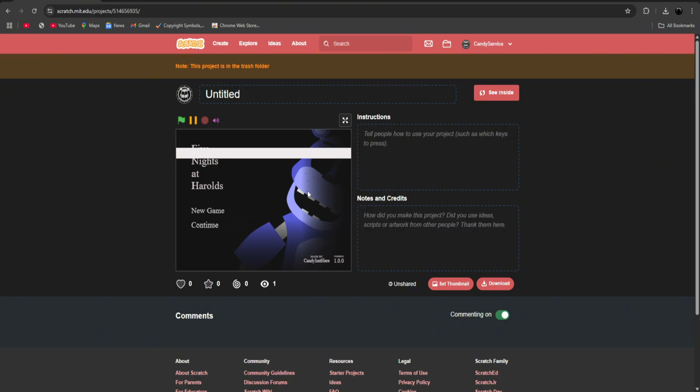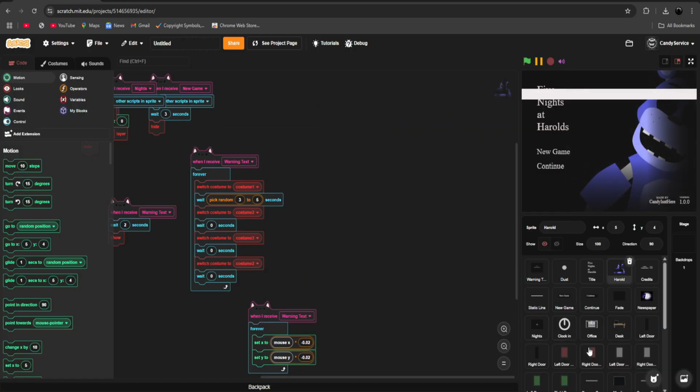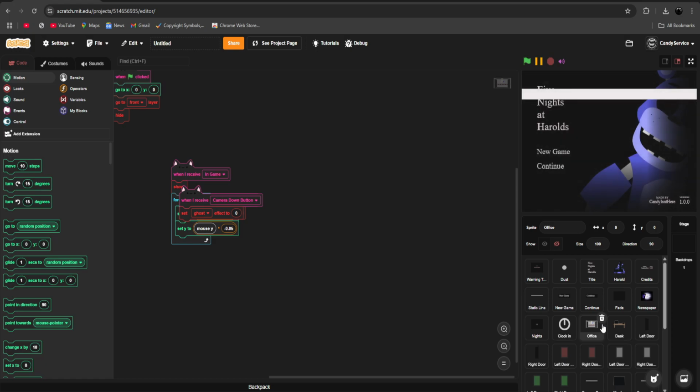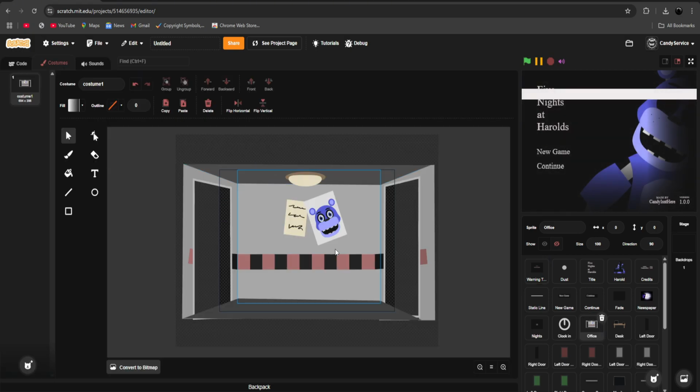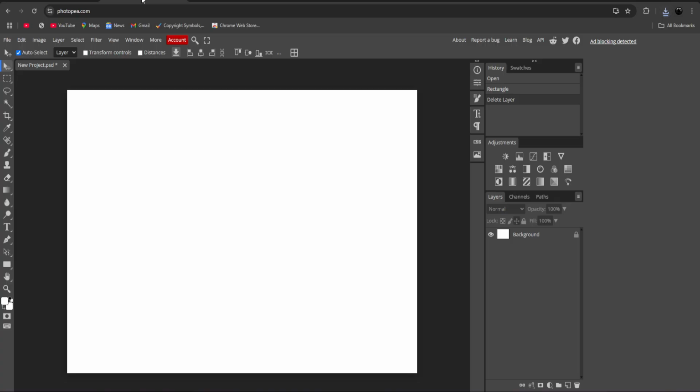This time I'm going to be using the old advanced tutorial Herald. You're going to click on see inside, and what you can do is click on one of your sprites. I'm going to click on office because this is the background I want to use. Right click and just export it just like that. Now you want to go back to Photop,